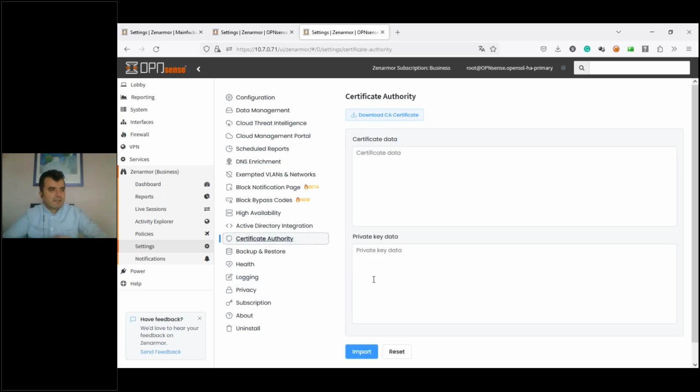Certificate authority for the block notification page: you can import your own certificate here with the certificate and private data. So ZenArmor will use this certificate for the landing page.